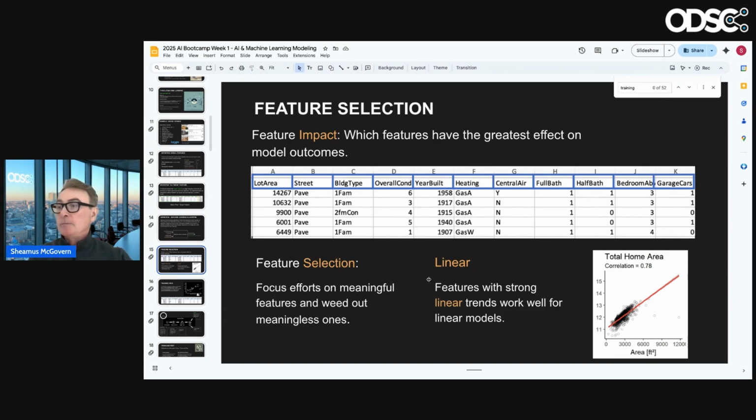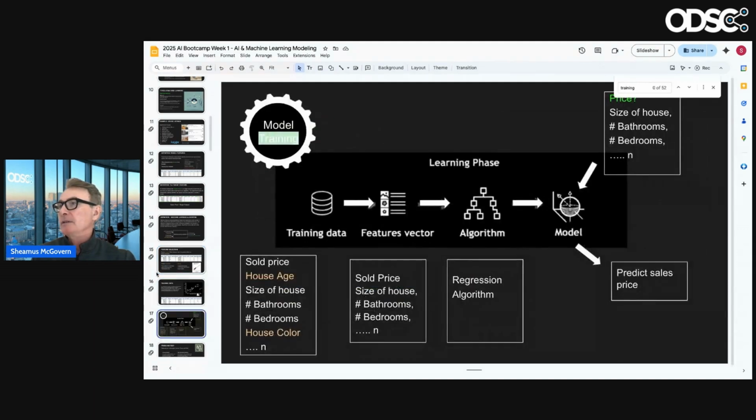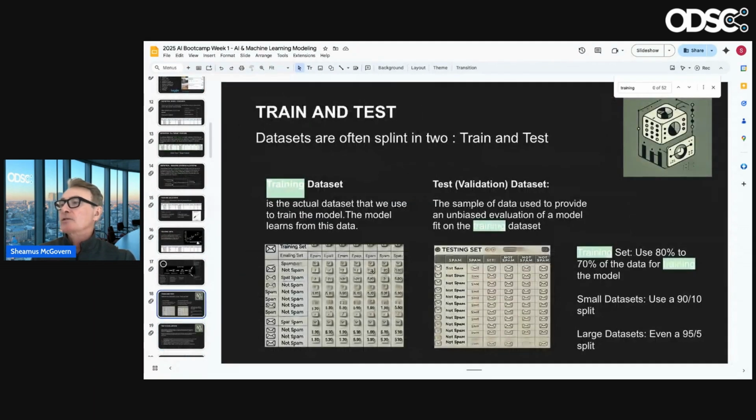So for example, we want to know how correlated, or how strong the relationship is between the target feature, sales price, and another feature. Here we're looking at the size of the house versus the price, and you can see as the size goes up, the price goes up. Part of feature selection is, we have 81 rows, but can we drop some of those? Because again, you could be dealing with much larger data sets, and dropping the features that have no impact or are meaningless is useful. Oh yeah, here's training and test.